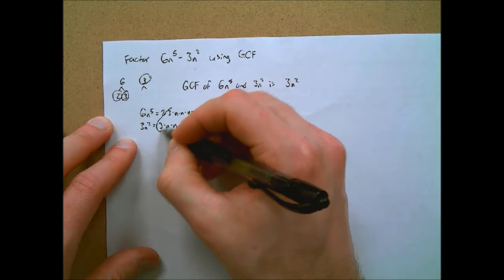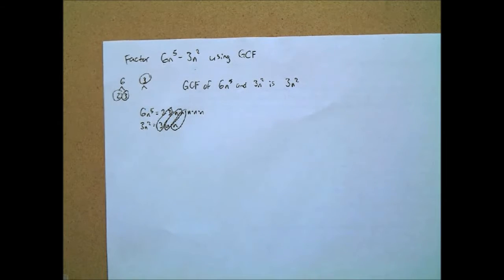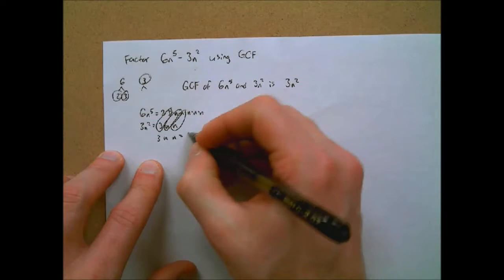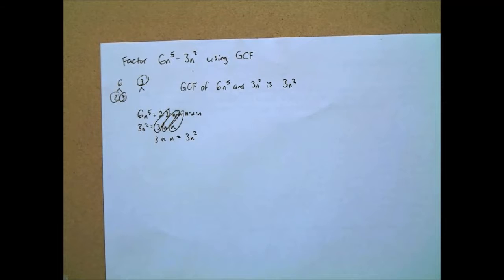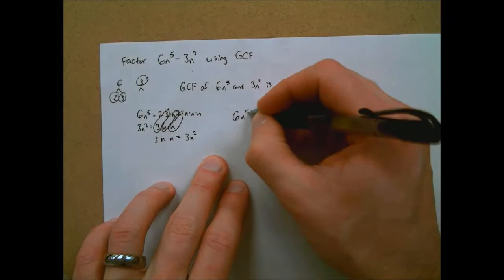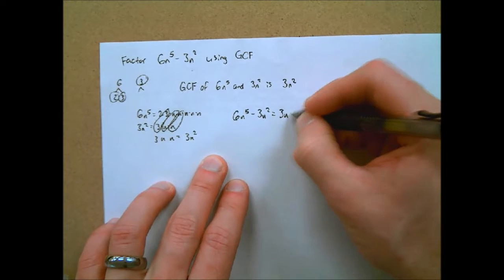Circle your pairs. Okay, like that. And look at what it is. Just like Mark said, it's a 3, an n, and an n, or 3n squared. So Mark was able to just look at it and see what's in common there. And so then, 6n to the 5th minus 3n squared will equal, well, we'll pull out that 3n squared, and